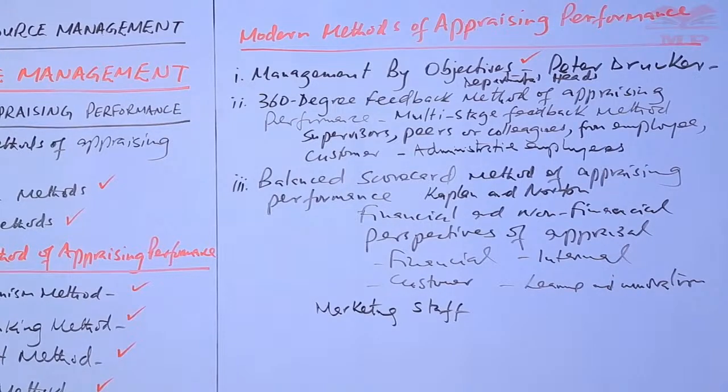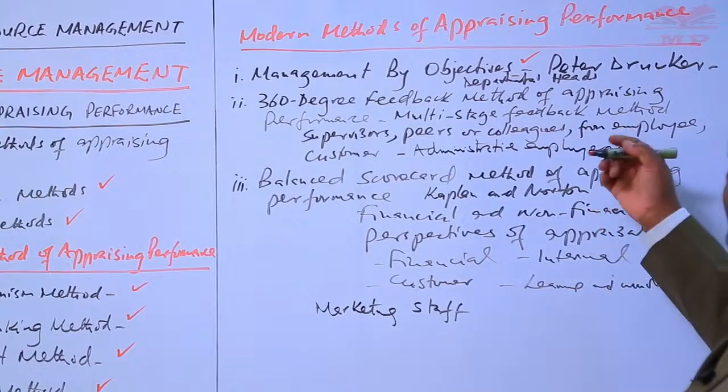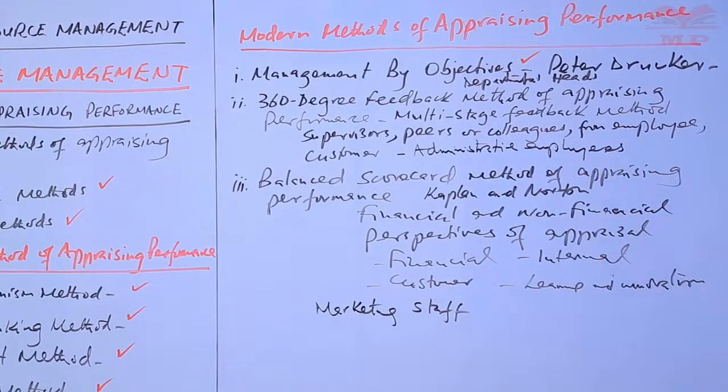360, that's the first one. Then second one, 360-degree feedback method of appraising performance. It is also referred to as a multi-stage feedback method. Here, supervisors, peers or colleagues, employees themselves, customers can also be used to provide information for appraising the performance of